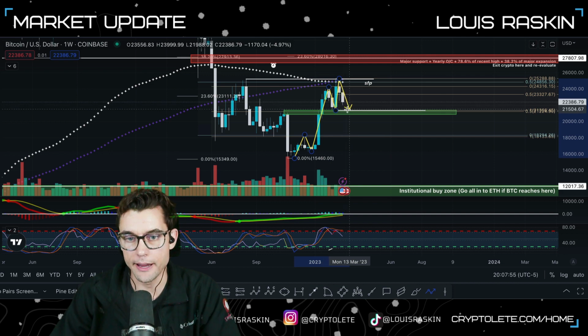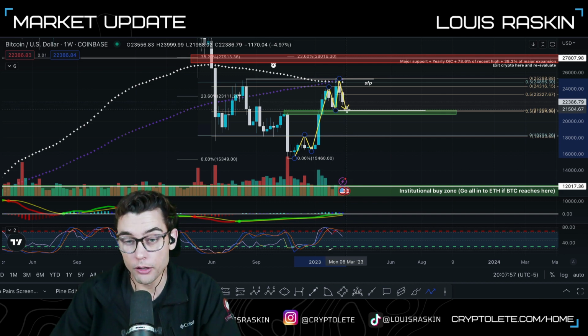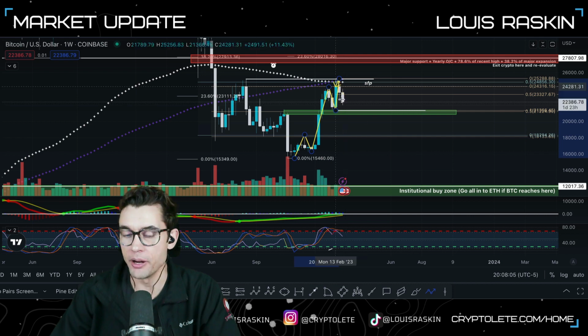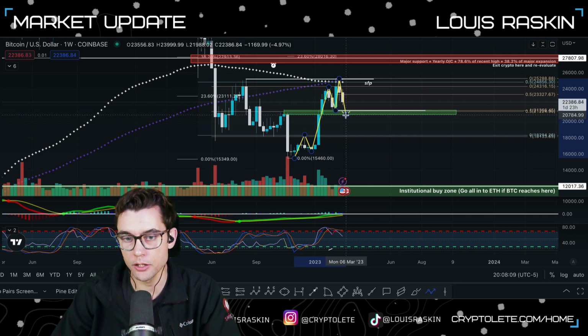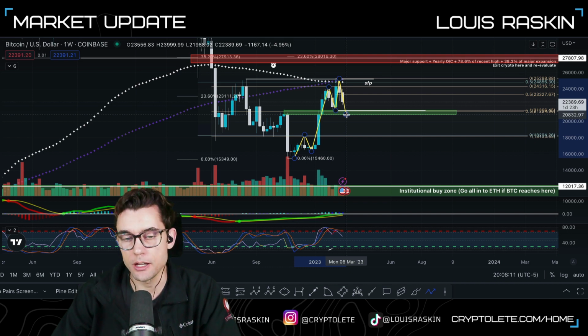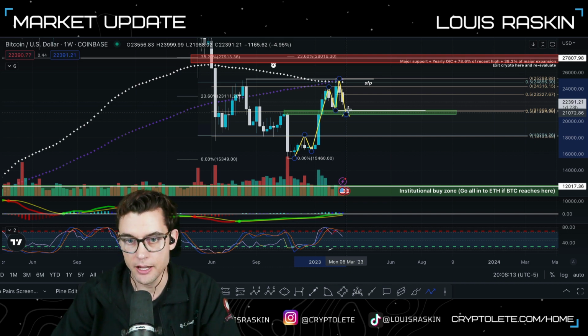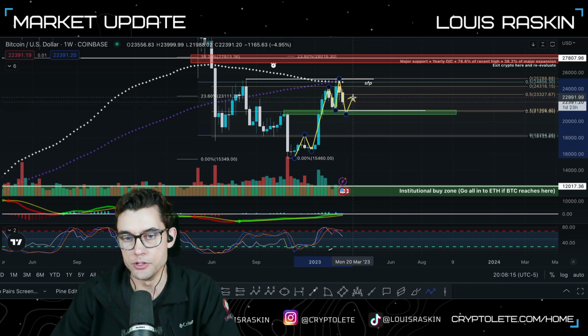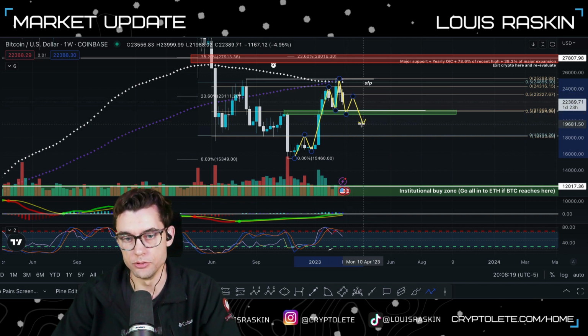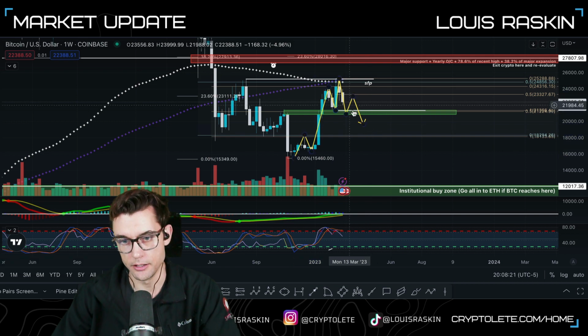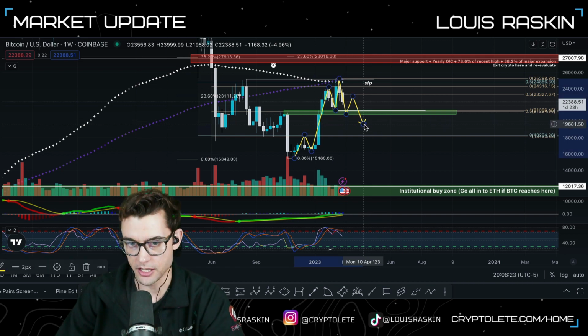It'll create an equal high, or it will possibly wick down, but then close as an equal high or a higher high. But it's not going to close below here. If it closes below here, then that's going to be a bearish market structure shift. And that means that what you would do is you would target somewhere up here to get into a short position and then target down here for your take profits.